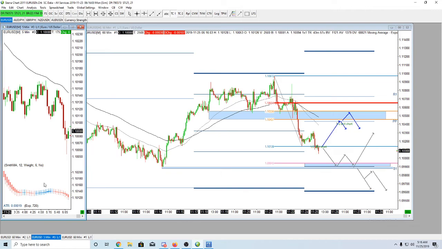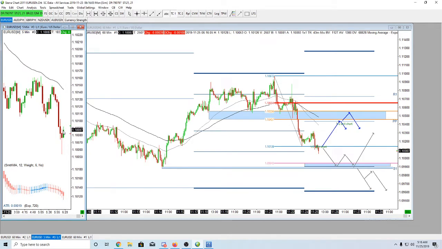There's different ways to do this too. I'll show you in a second. But I'm going to look for smaller pullbacks and go for smaller, like 5-10 pip scalps. This trade right here is, what is that, a 23 pip trade? This one up here would be a 90 pip trade. This would be a 50 pip trade. This is more like a 20 pip trade. I'm looking for some smaller scalps as this thing might be going down.